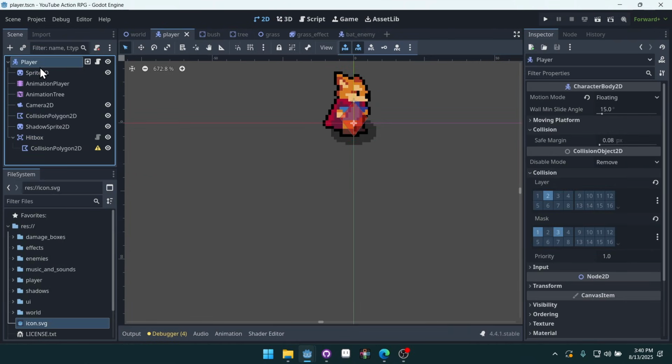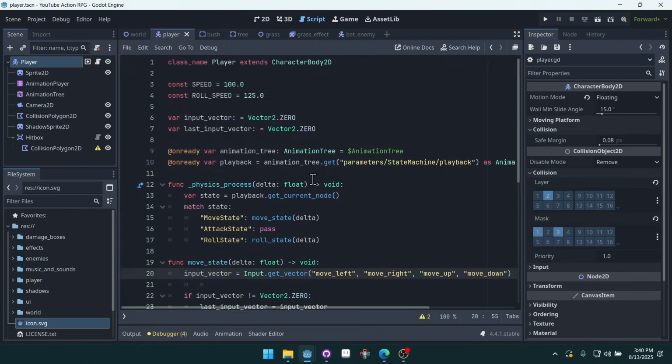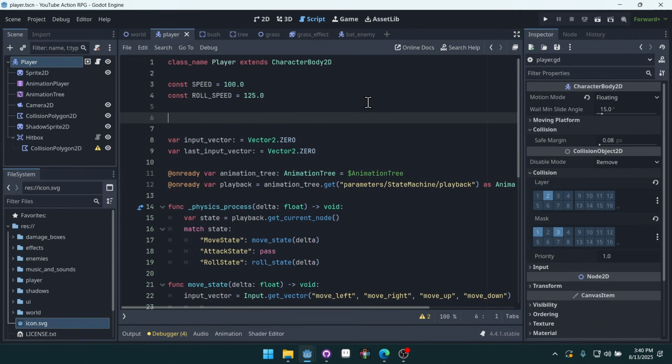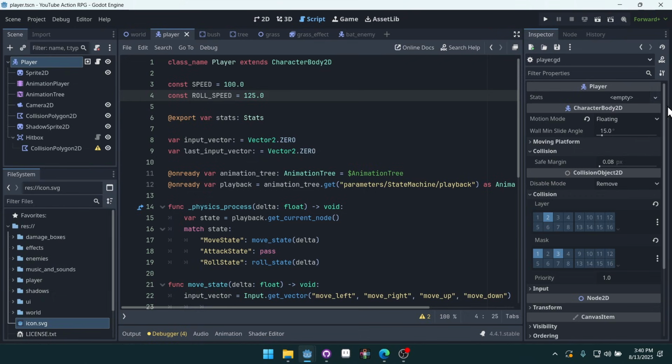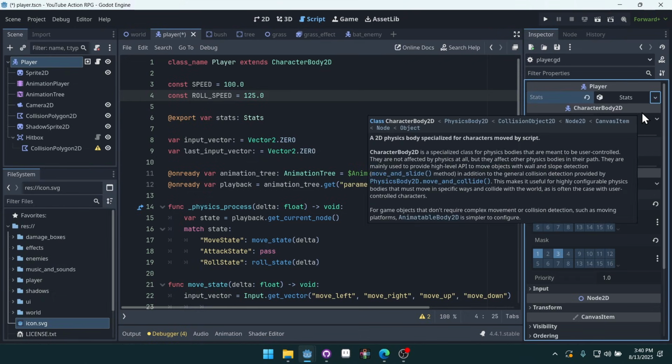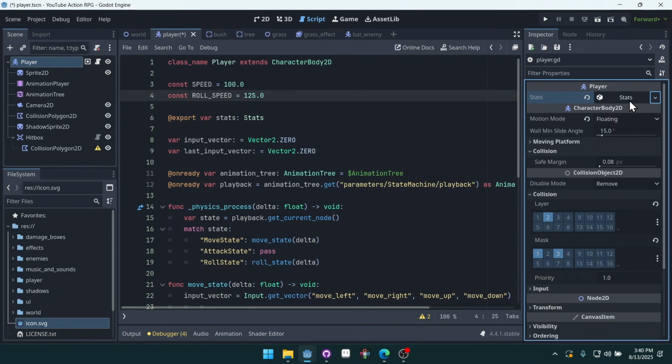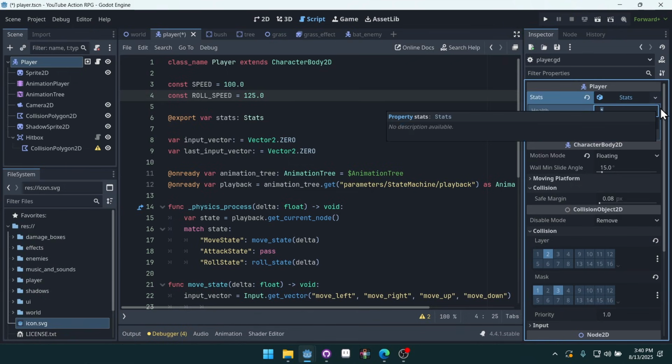Let's click on our player. Here, go into the script, and up here we're exporting variables. We haven't exported any yet, but we can export. We can say var stats, and then for our player, we can just do new stats. Now when we do new stats here, this creates a new stats resource. So this stats resource is actually different from the bats' because we just made a new one. Okay, we set the health to 4 maybe,